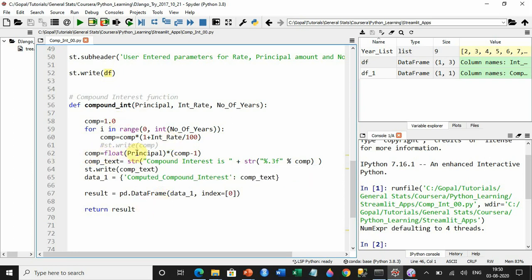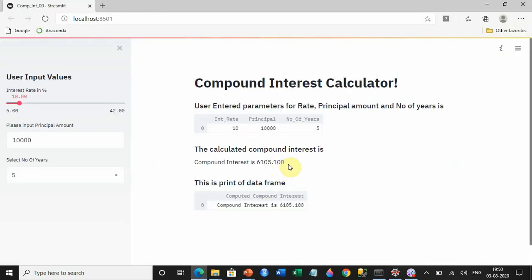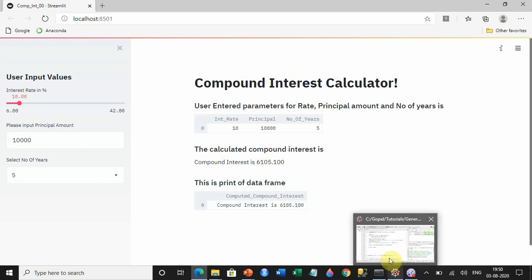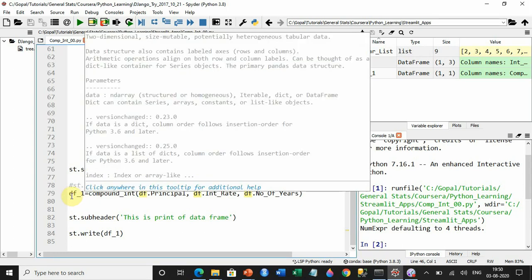So now you are taking this, multiplying this value to comp minus 1, creating the float value, and then here you are putting compound interest is str.3f, means it is putting in the formatted way. So if you take a look, it is putting with 3 places of decimal. So how will you call this function? Pretty simple. You put df underscore 1. Why am I putting df underscore 1?